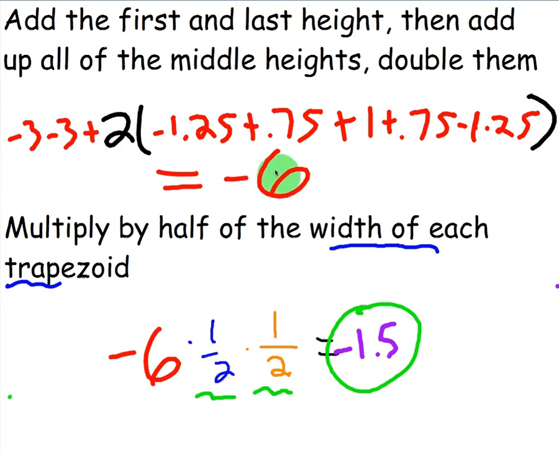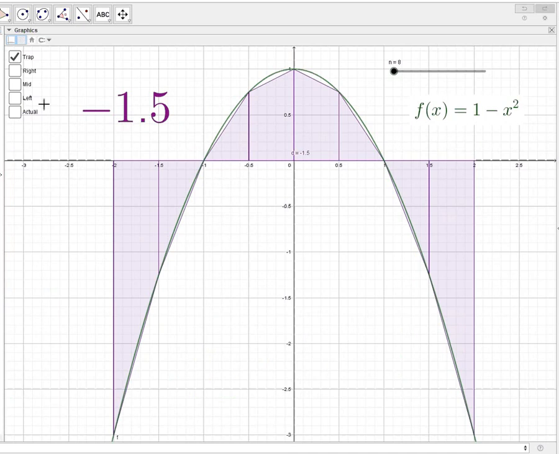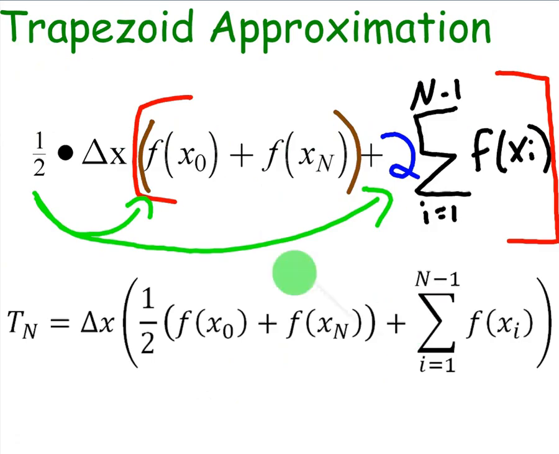So -6, the sum of all of our bases, times 1/2 times the height of each trapezoid, or you can call it the width, gives us -1.5, which is our approximation using the trapezoid method. Now again, that's a little off from the actual, which is -1.33 repeating. So perhaps we should increase our number of trapezoids, which is what we're going to do. Before we do that, though, I want to show you what the summation notation looks like for trapezoids and explain each component of the formula